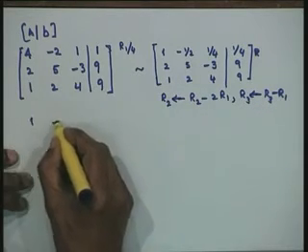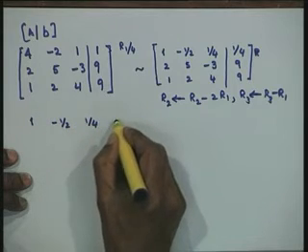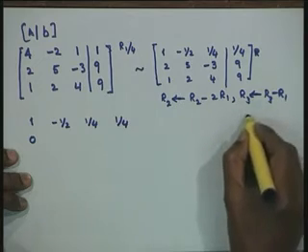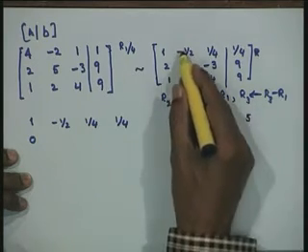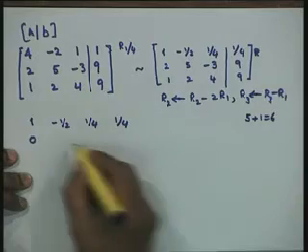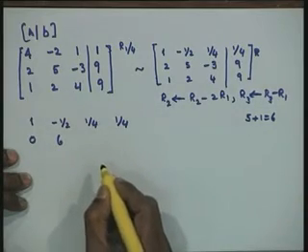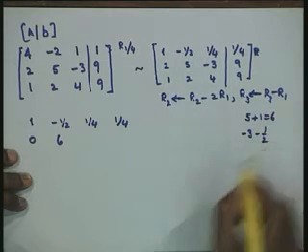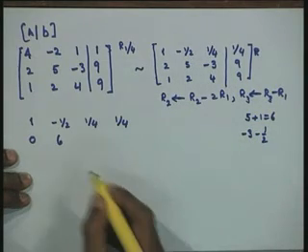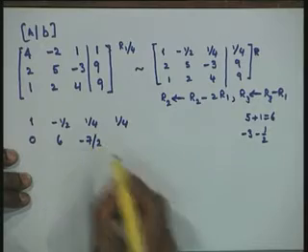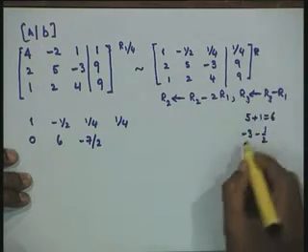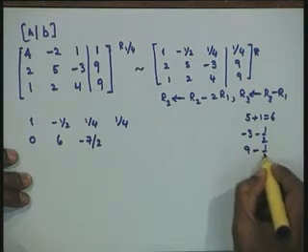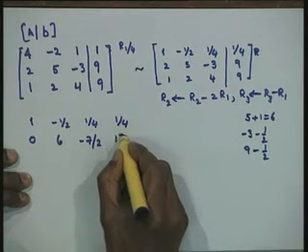Therefore, let us write it: 1, minus half, 1 by 4, 1 by 4. I might subtract 2 times this. So, let us do it here. This is 2, 5, and we are multiplying by 2, and 5 plus 1 is equal to 6. So, I will have a 6 over here. Then I have the element minus 3 here, and subtracting with a 2, that is equal to minus half. So, I will have here minus 7 by 2. Then I have 9, and multiplying by 2 and subtracting, I have minus half. So, I will have 17 by 2 here.